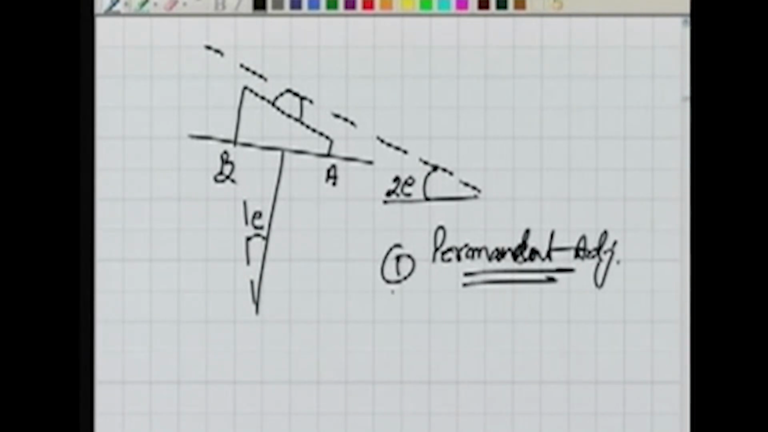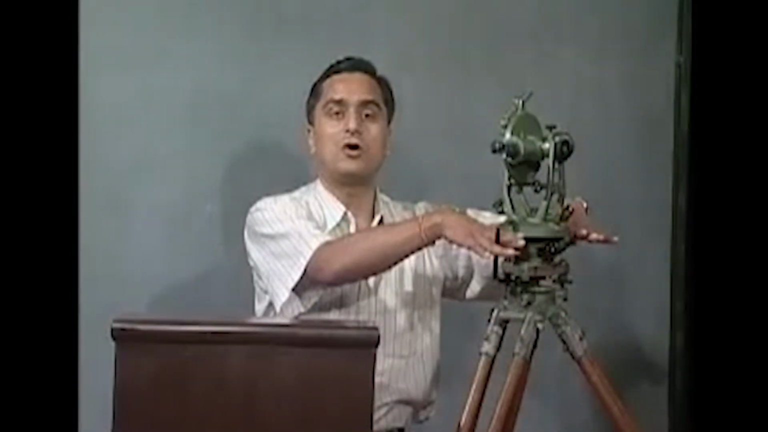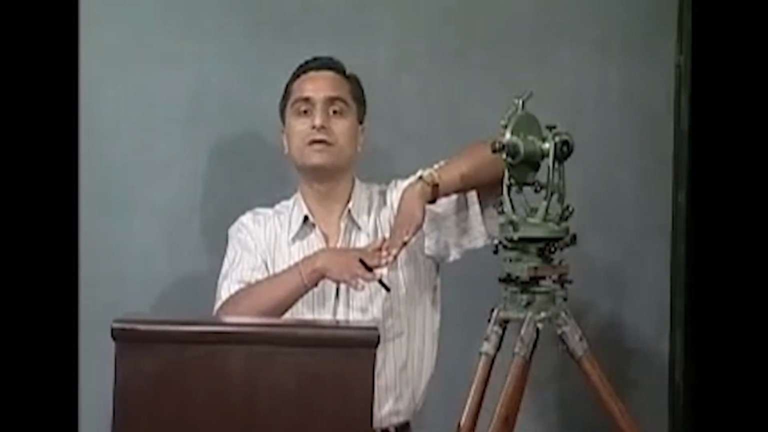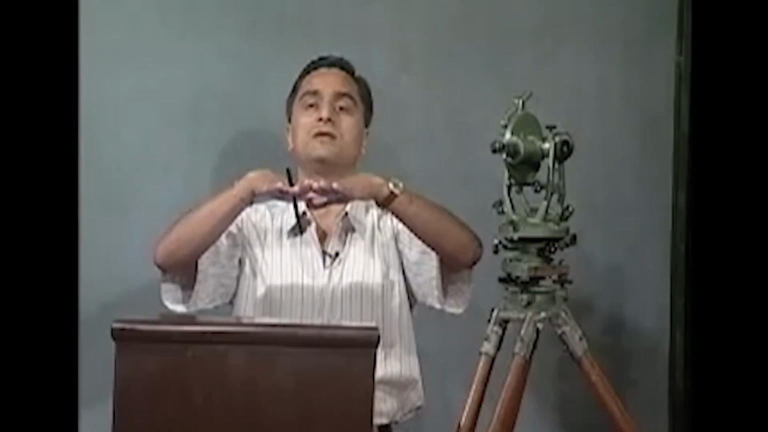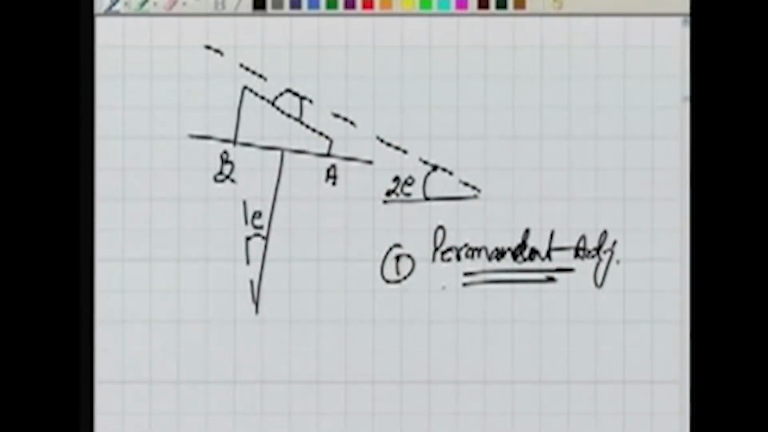Number one, can we eliminate this error by observations, by taking some strategy of observation? No, it is not possible. And what is this error going to do? This error is going to make my horizontal circle inclined. So I am going to take the observations in an inclined plane, not in a horizontal plane, which is desired. So to eliminate this permanently from the instrument, what we do, the permanent adjustment is, first of